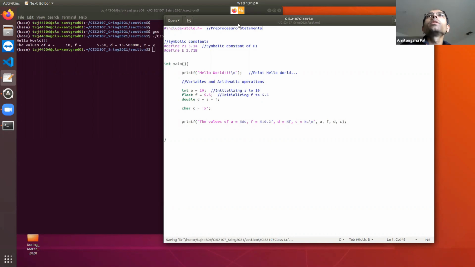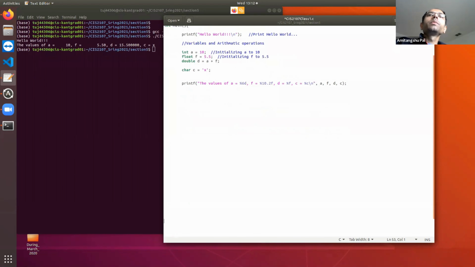Whatever starts with hash is basically a preprocessor statement. Clear? Okay. So let's see whether if I print the value of pi and e, whether things are getting printed properly or not. Let's give some space so that you can see it clearly.